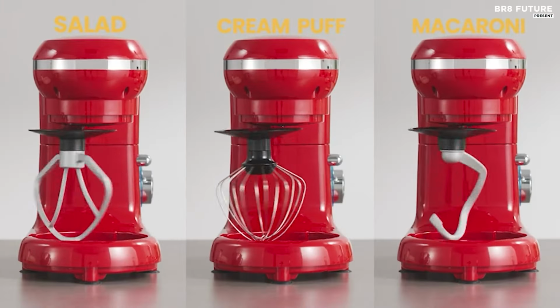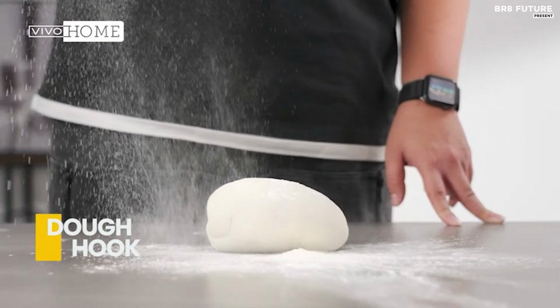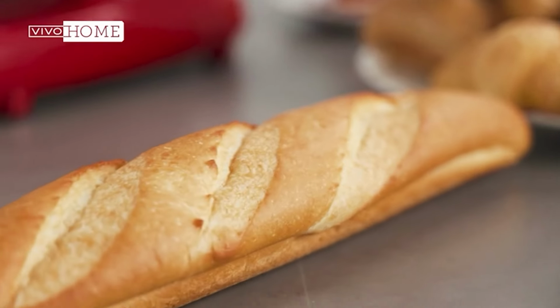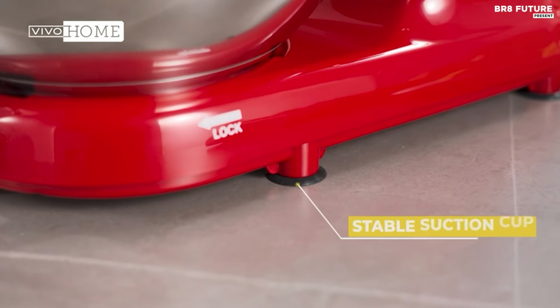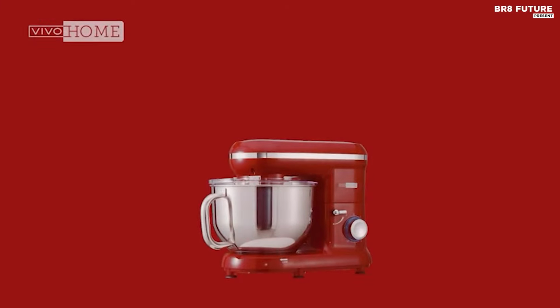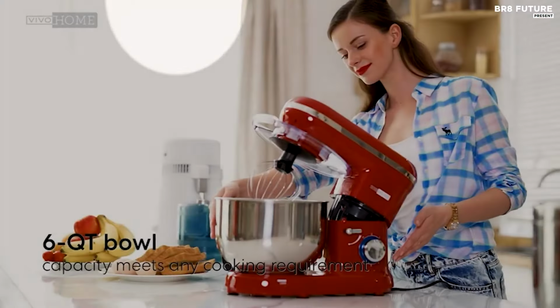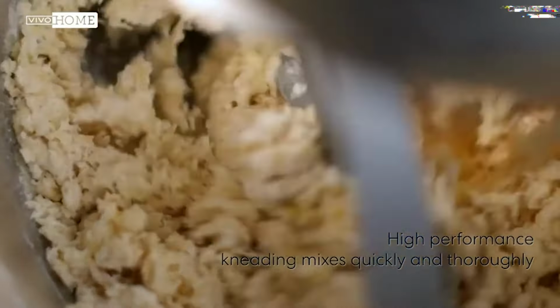pulse function. The heavy-duty metal gears guarantee stable and quiet operation, while dual heat vents ensure rapid heat dissipation for prolonged usage. Safety and sturdiness are paramount, with a food-grade stainless steel bowl offering a generous 6-quart capacity, perfect for everyday culinary endeavors. Fixed securely to the base, it remains steady during mixing, aided by suction cups that prevent countertop